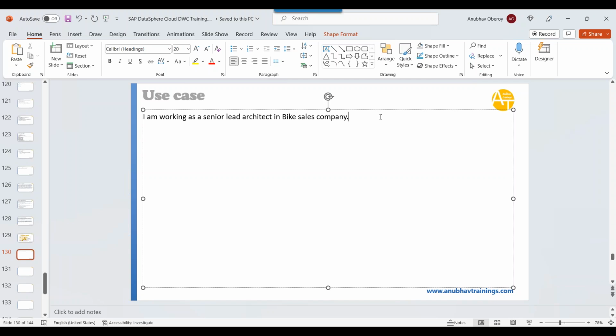You're working as a senior lead architect in a bike sales company, which is selling different bikes like mountaineer bikes, normal plain bikes, racing bikes. You are manufacturing multiple varieties of bikes. That is where you are working as a lead architect. Your focus area is SAP DataSphere